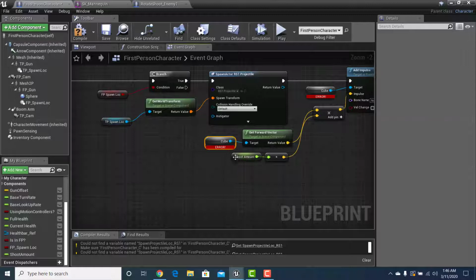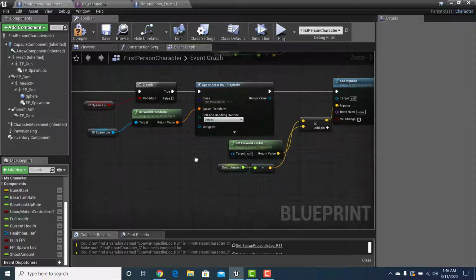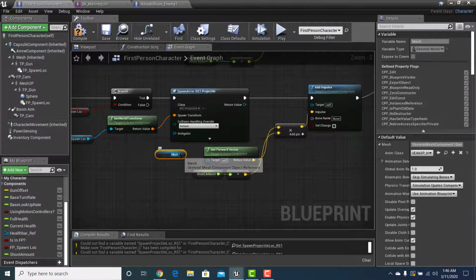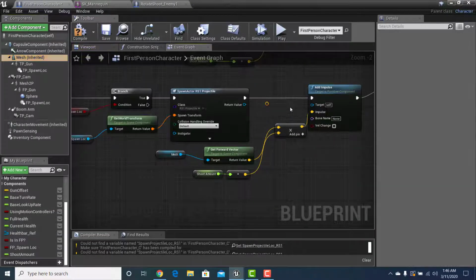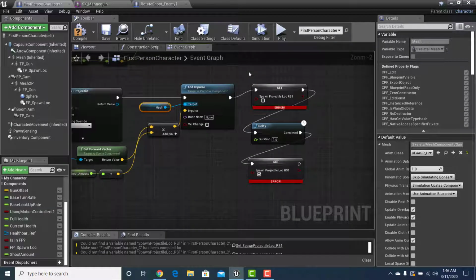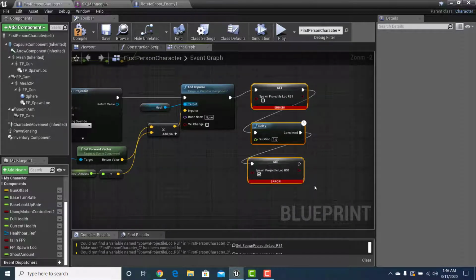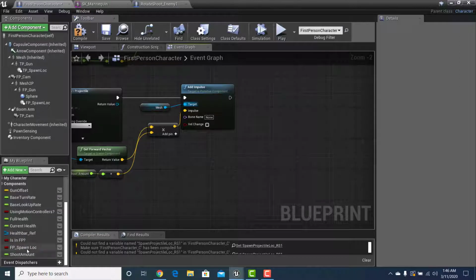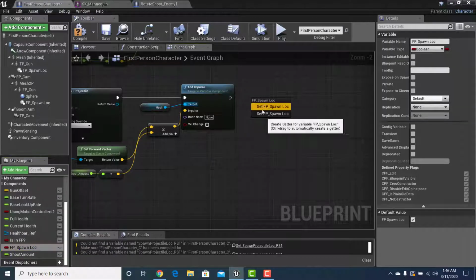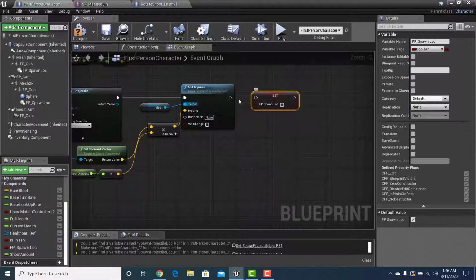And again, we need to get rid of the cube. Now remember that this is the third person, so let's grab the third person mesh and not the arms, just the third person mesh, and add that in as the target. And again, all three of these can be deleted. And we're going to grab the spawn FP spawn location, put it to set, connect it to the back,